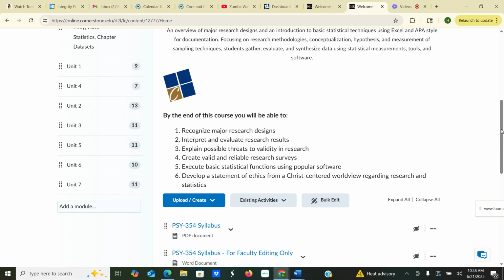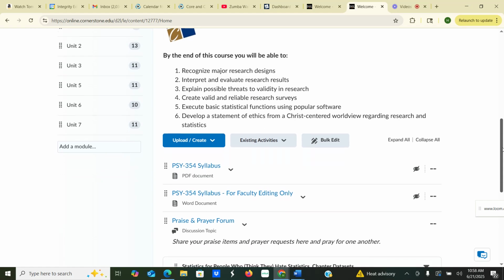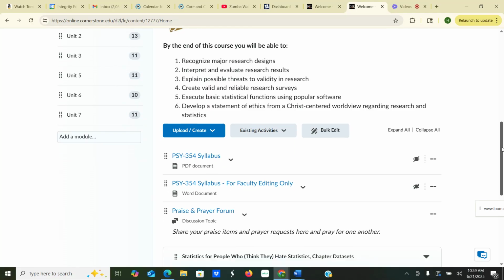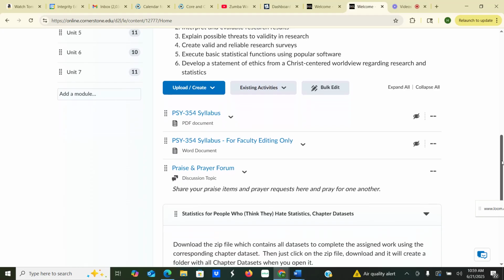reliable. You're going to be specifically practicing a very common research method in various fields, including psychology, and that is survey methods. And you'll have the opportunity to practice that for your end of course project. You'll also be able to utilize Excel spreadsheets and the basic statistical functions available through Excel. And then finally, we're going to talk about ethics with research methods in psychology, particularly ethics, but also how a Christ-centered worldview would impact one's view of ethics and research methods in psychology.